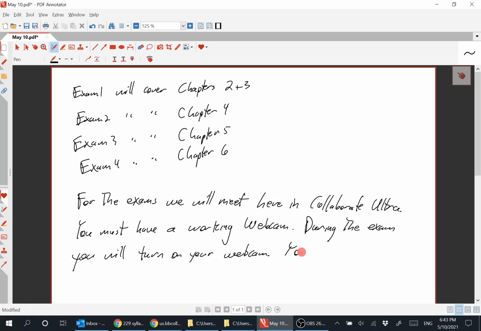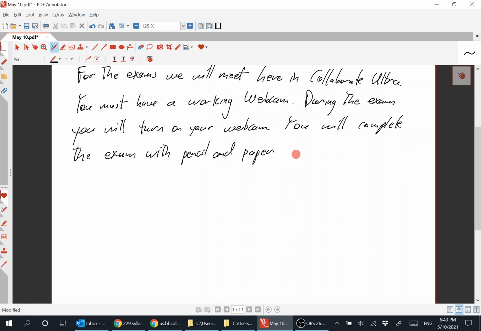You will complete the exam on pencil and paper, and then you will scan your work into one PDF file